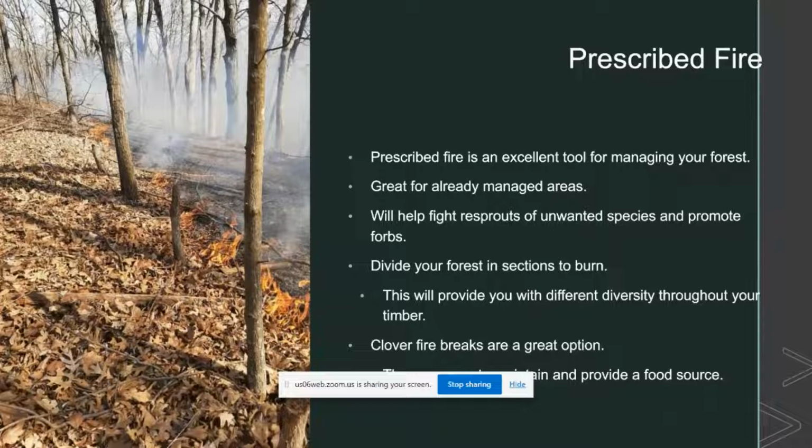And another thing you will want to do with your prescribed fire, if you have the time and resources, is to divide your timber up into sections. If you have a larger block of timber, this will be beneficial because you can give a variety of habitat. If you burn one unit a year, or a unit every other year, it will give a diverse habitat in each section of your timber, because one will be freshly burned, not much is going on there, but one that maybe hasn't been burned for 5 years will